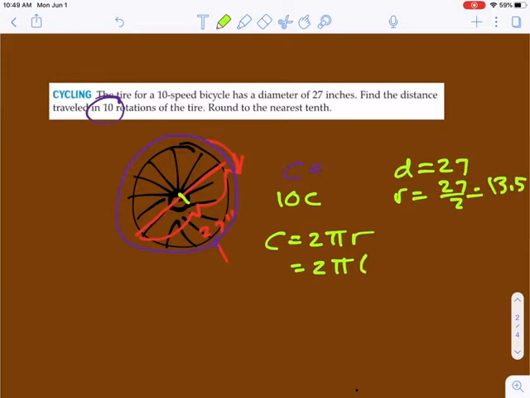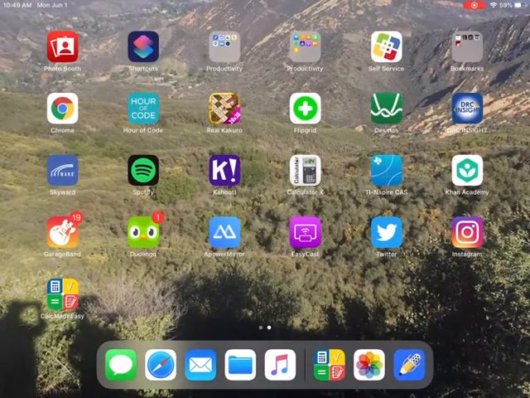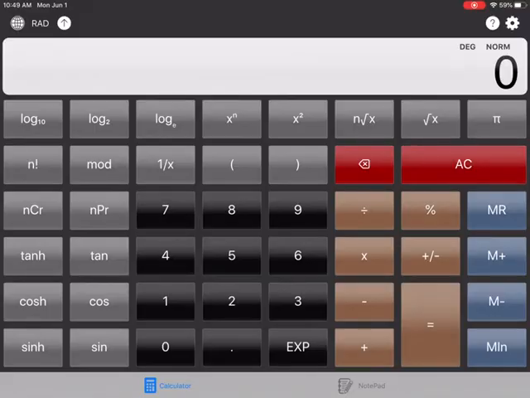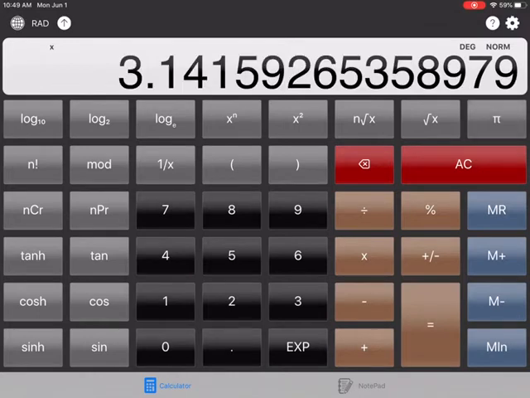So it's 2 pi times 13.5, and 13.5 times 2 gives me 27 pi. Sometimes it would make more sense if you just did pi d, but like I said, I like to just use what I'm used to. So 27 pi, you take your calculator, you go 27 times pi, you get